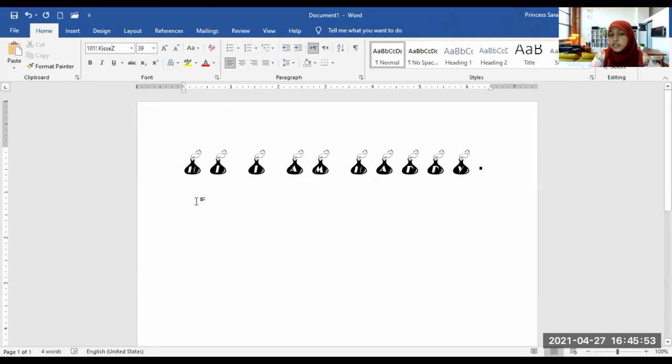This is a font style. If I take this document in a pen drive, and I open this document on Asma's computer, for example, right?